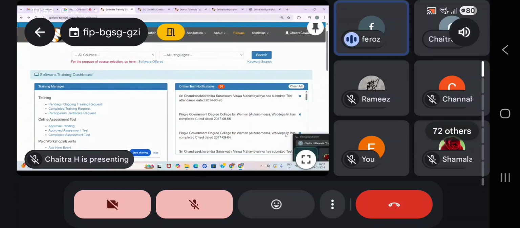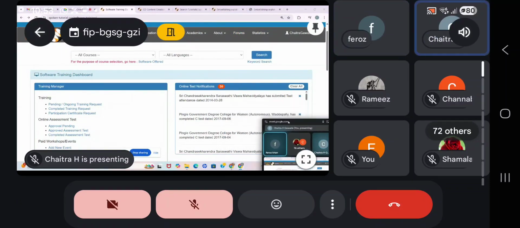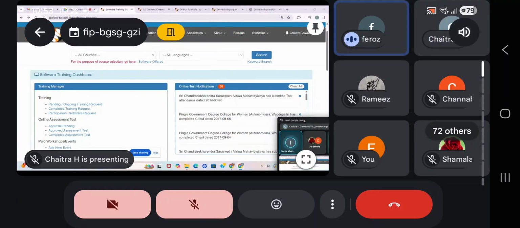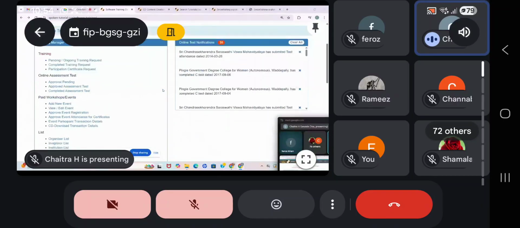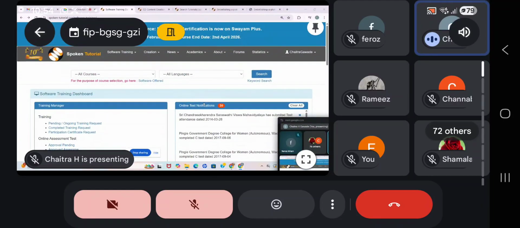When we add as an organizer, will we get a confirmation over mail that we are approved? Yes. Once you do the add me as an organizer step, we, the training manager, will accept that request, and we will send a mail that your organizer request has been accepted. The steps I am explaining now will also be mentioned in a PDF file with video links, so if you have any doubt, you can watch that. All faculty members will get a confirmation mail.